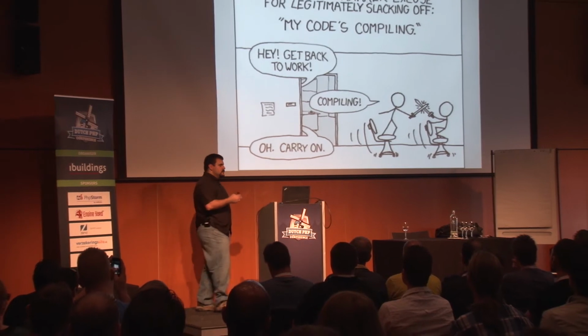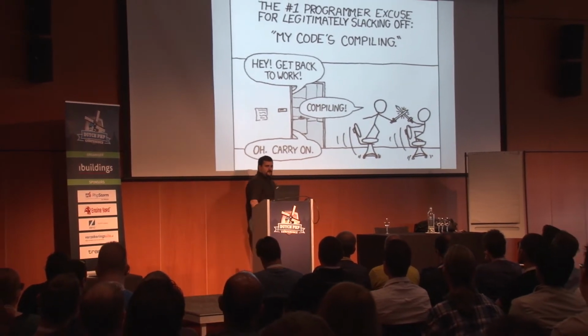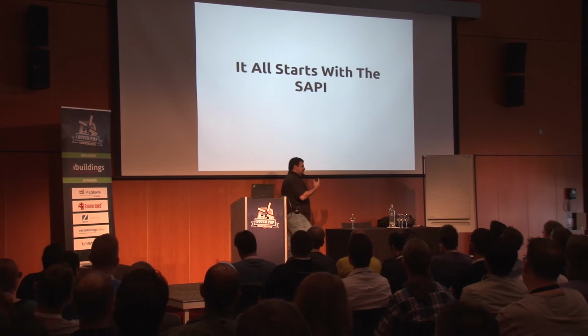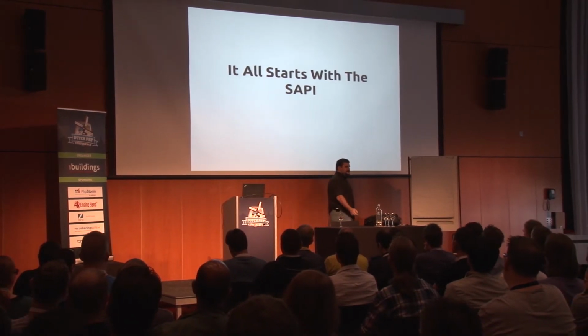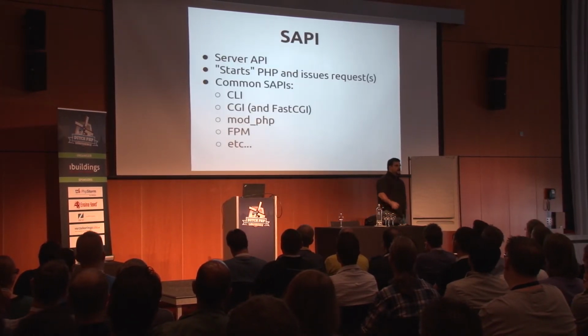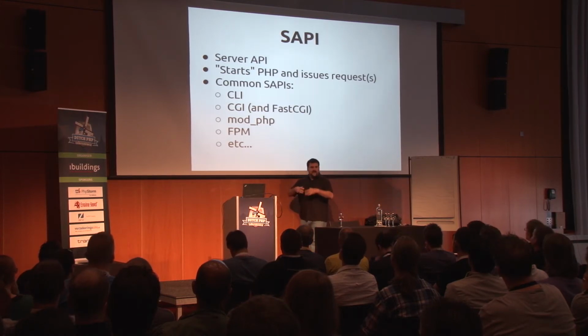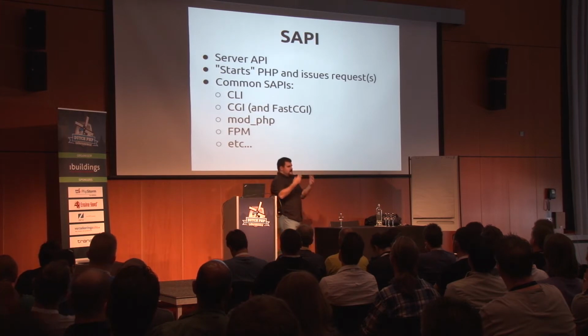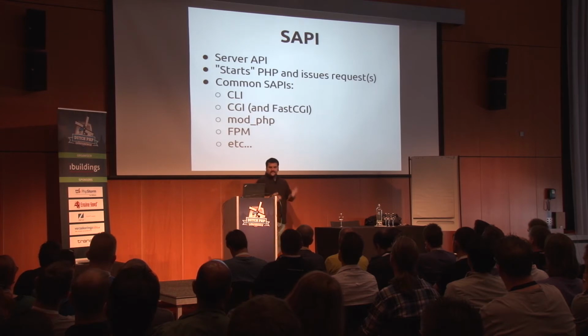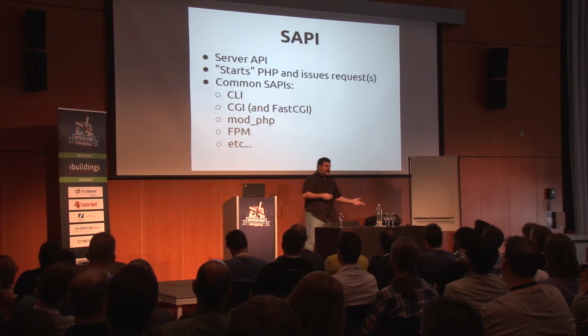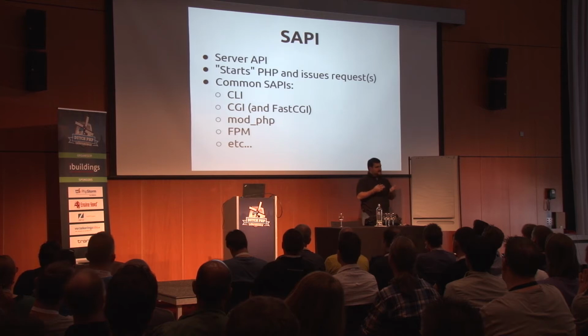So let's actually dive in and look at how PHP executes our code. It all starts with this funny-looking naming thing called a SAPI, or a server API. When you start PHP on the command line or in a web server, PHP does not get started. A SAPI gets started. There's a couple different ones: the command line interface, CGI, mod_php, FPM. There's one for IIS, there's one for Tux, there's basically, I think, around 15 to 20 different server APIs. Think of it this way.